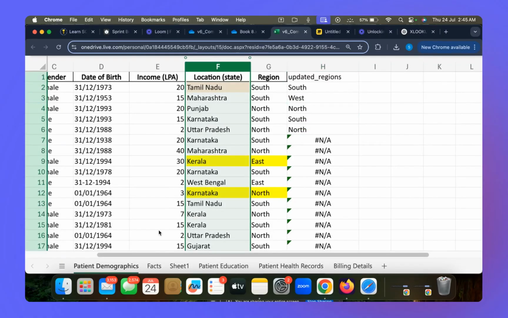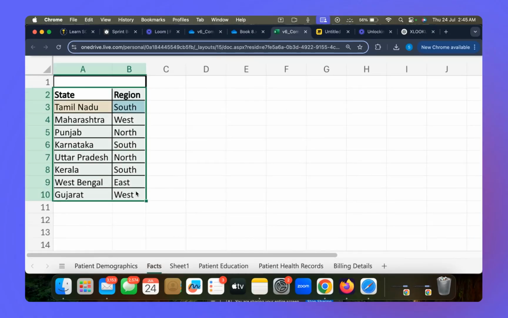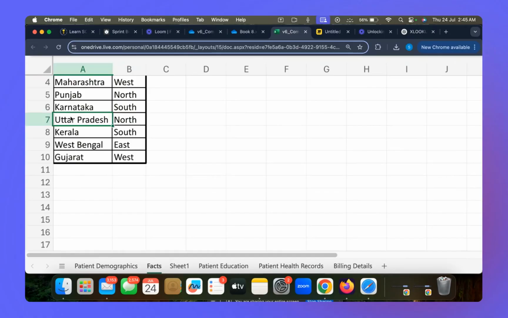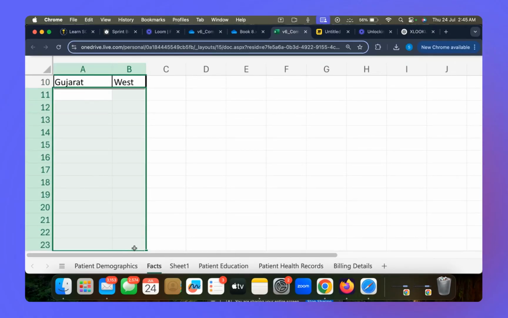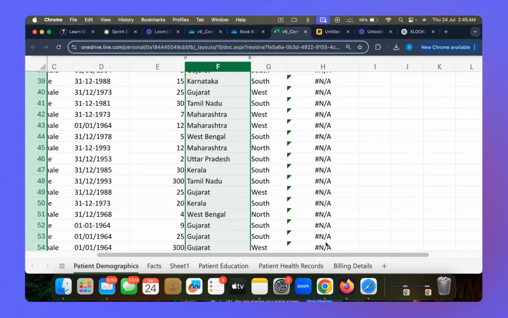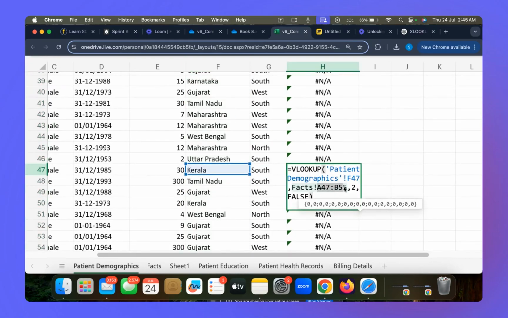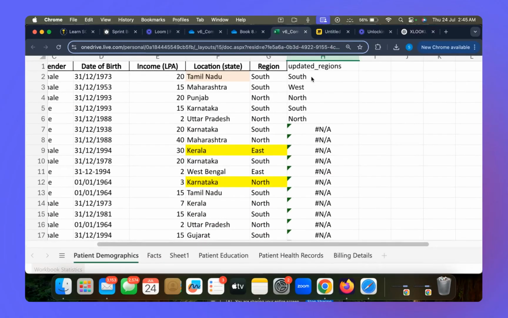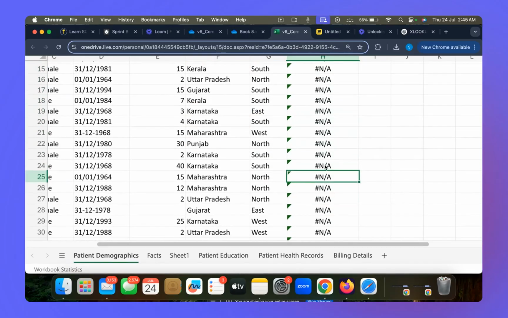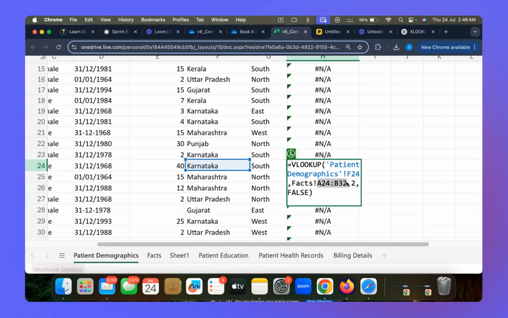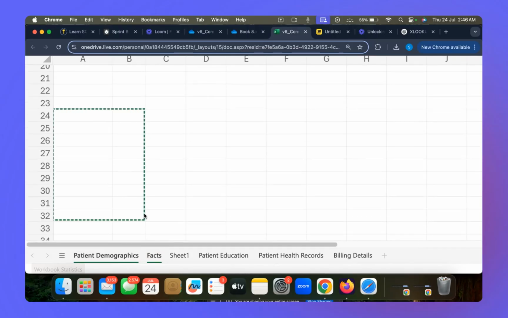Because if I'm looking for 1000 states, I'm looking for them in the same reference sheet. So if my reference sheet keeps shifting further and further, there will be a point where I will not be able to find any particular value. I'll show it to you here. Look at this formula. What is your address? You're trying to look for Kerala in A47 to B55, which means the formula you wrote in this cell, you dragged it downwards all the way to a point where the address has changed from the original A2 to B10 to A24 to B32. There is no data existing in this particular range. Why?